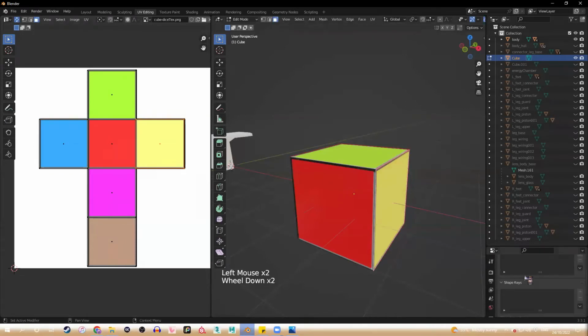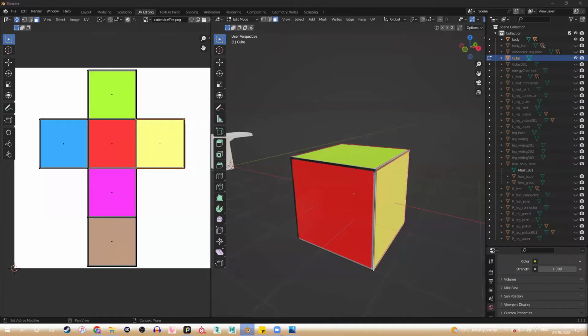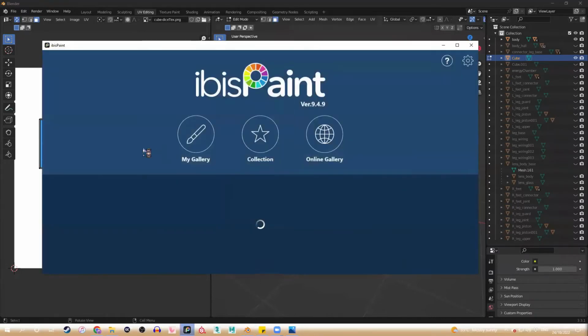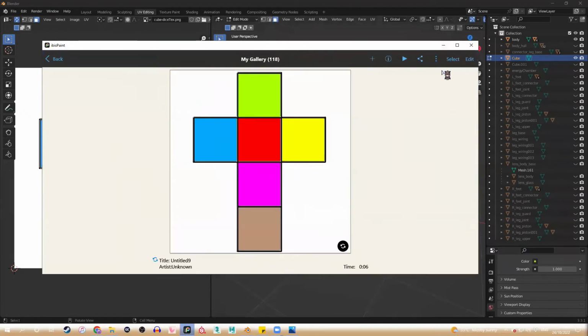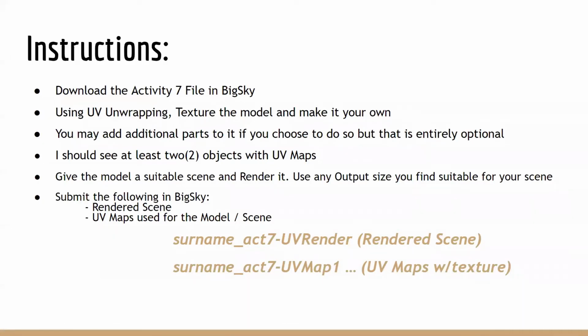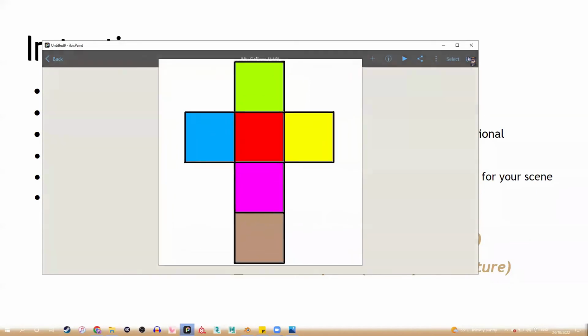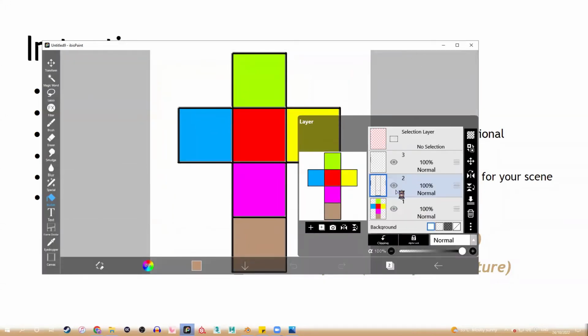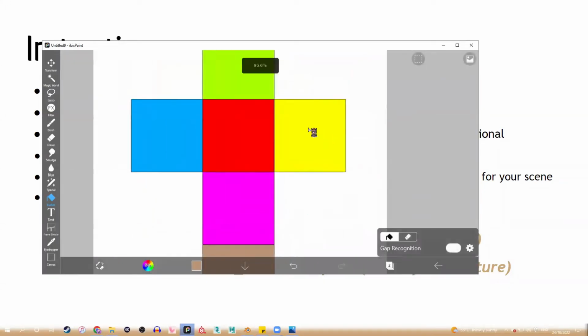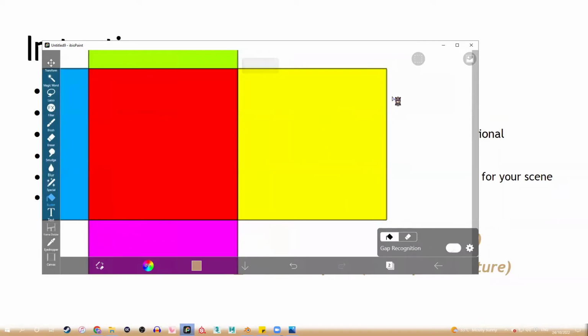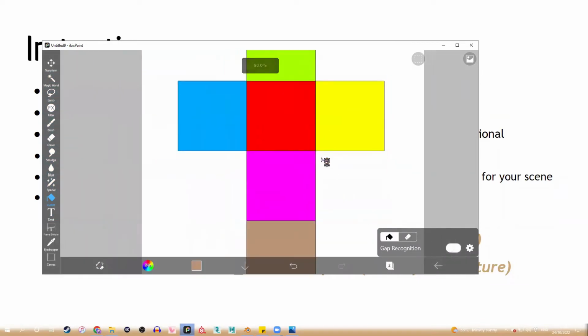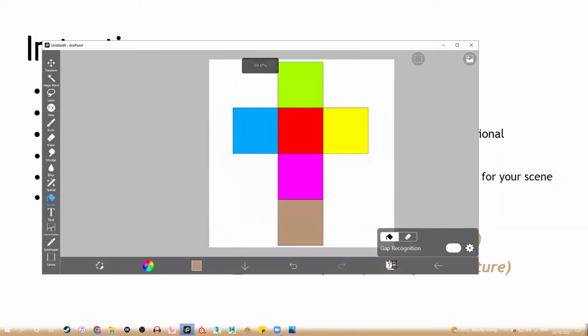Itong grid. So, actually, tanggalin ko muna itong textures. No? Actually, ganito na lang, no? So, teka, open ko lang itong art program ko. So, ganito ang gusto kong makita na output nyo in terms of what you need to submit for your UV map, no? So, ganito. Okay. So, ganito ang gusto kong makita. Ayan, no? So, you have, visible yung outline ng UV map nyo. So, yan. And then, of course, nakapatong